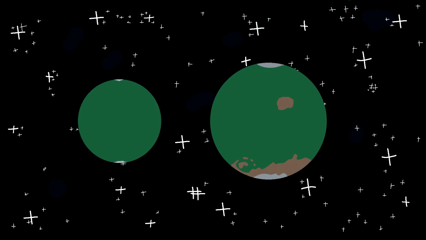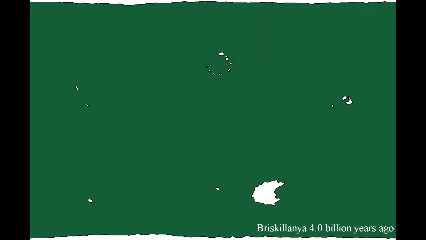Briskillanya and Aronevi, now not only the sole ocean worlds in the inner Miroblisc system, but the sole geologically active worlds in that region, started to develop additional dry land due to this geological activity, allowing for plate tectonics. Initially, both planets just had some scattered islands, before small continents started to coalesce. The same processes led to the formation of hydrothermal vents, where life would eventually appear on the bottom of both